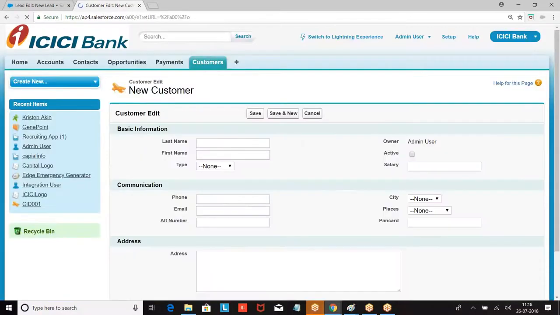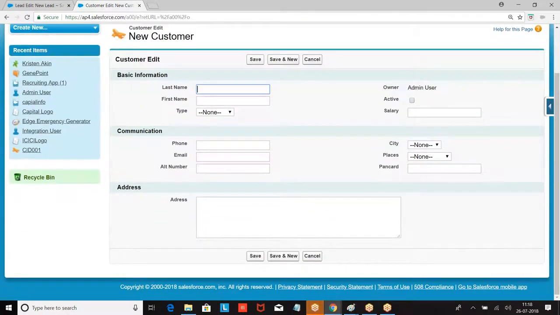Now go to the customer. Now you are able to see the fields here. Now we organize the fields. Now how did you get this structure? Because I mentioned it. I organized this structure. This is not the basic format. You brought this format. You organized this format. How did you organize? By using page layout. Page layout is used for what? Specifying how the object should be visible to you, which field should be visible to you, in which order they should be visible to you, which button should be visible to you, is given by page layout. Why? When I go to schema builder, fields will not be there on the UI. Fields will not be displayed on the UI. I hope you are clear.